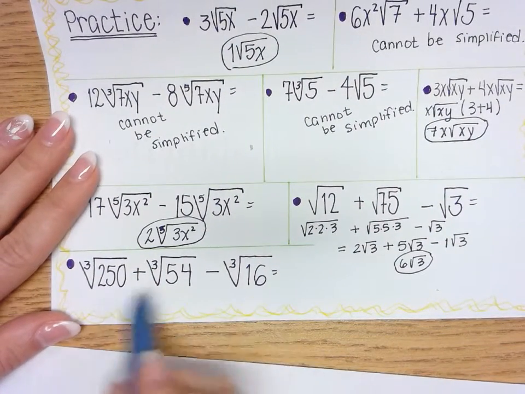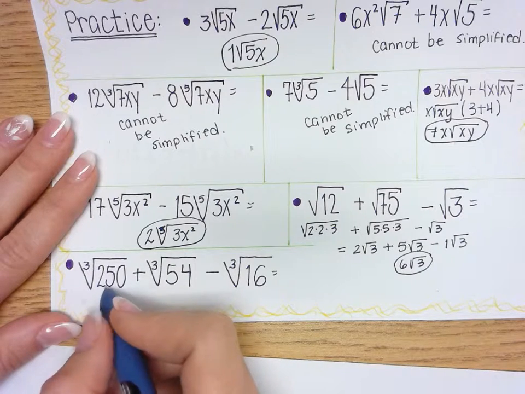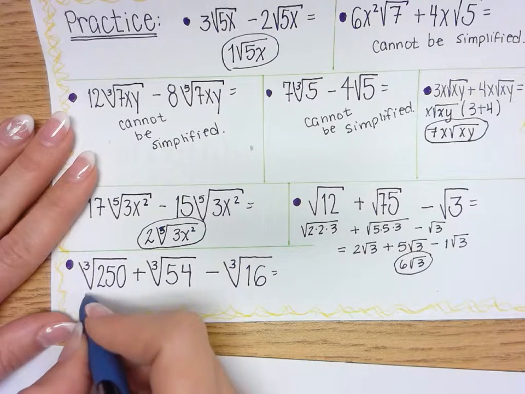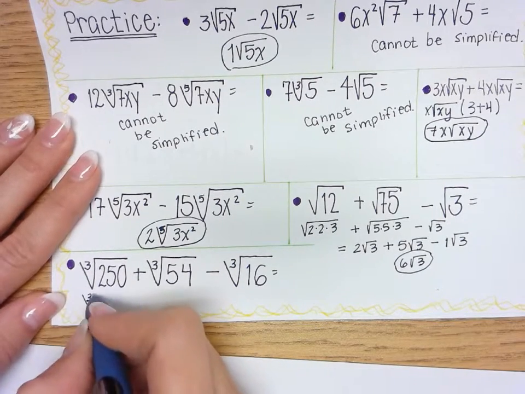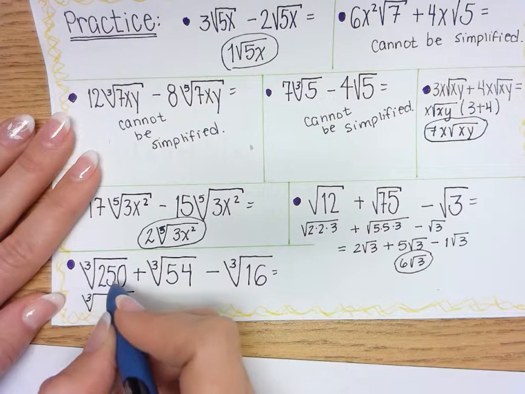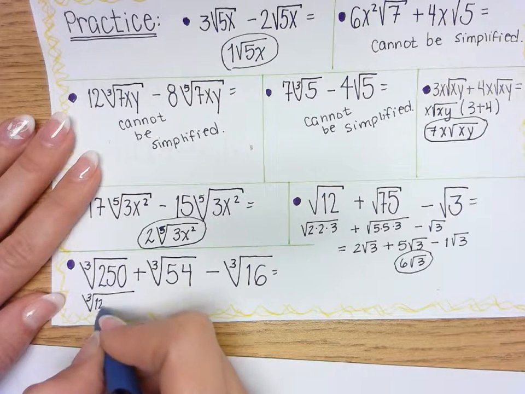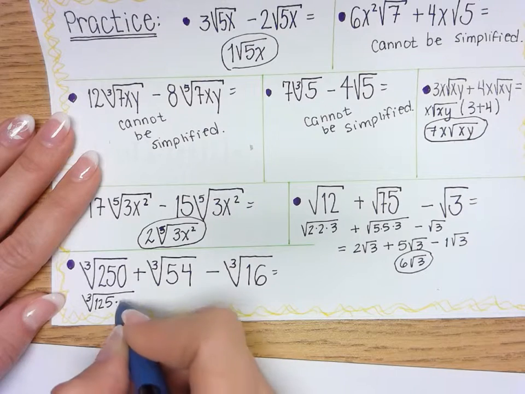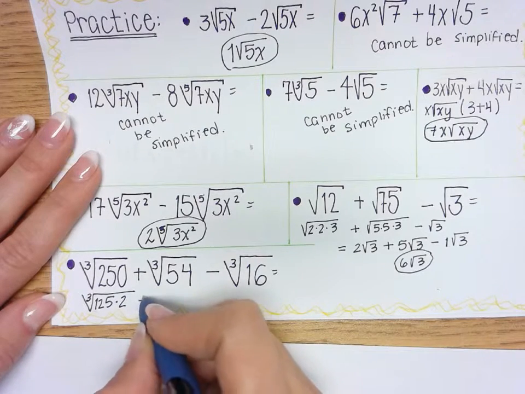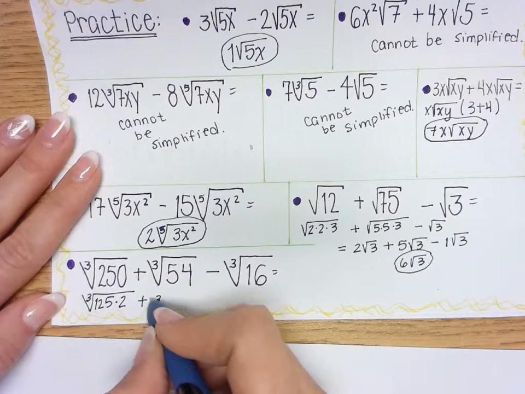Maybe the same thing here, right? 250. It's even. I always start with the even factor. So that's 125 times 2. I'm not going to break down 125 this time. I'm going to change up how I'm writing it. It's 125 times 2 plus cube root of